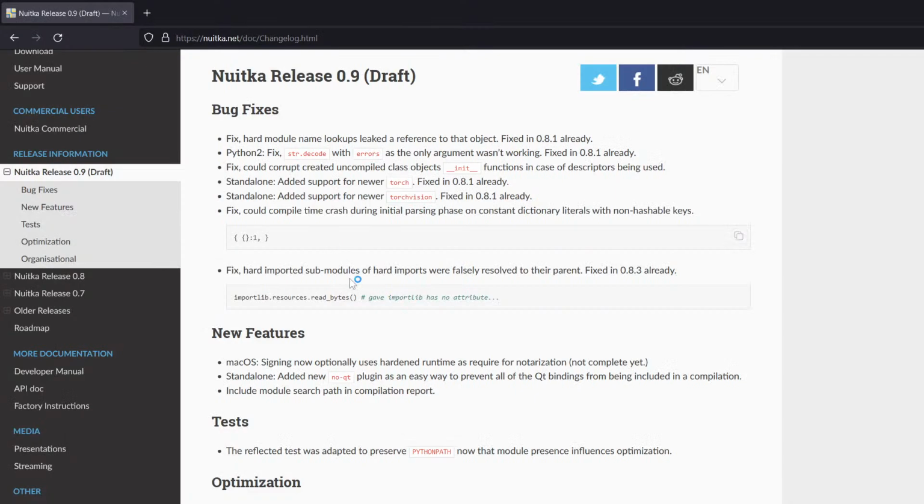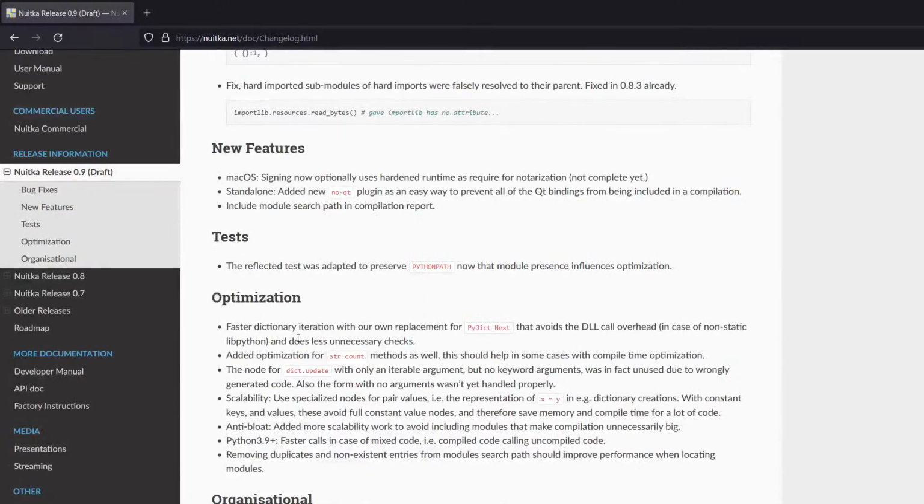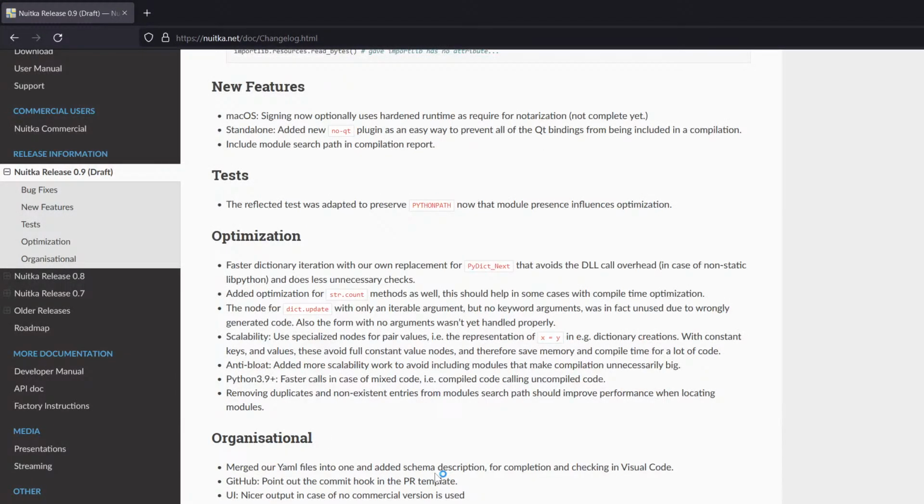And a lot of other things have happened also. The YAML files are all now merged, have a schema description and some checking for values in Visual Code directly when you edit.